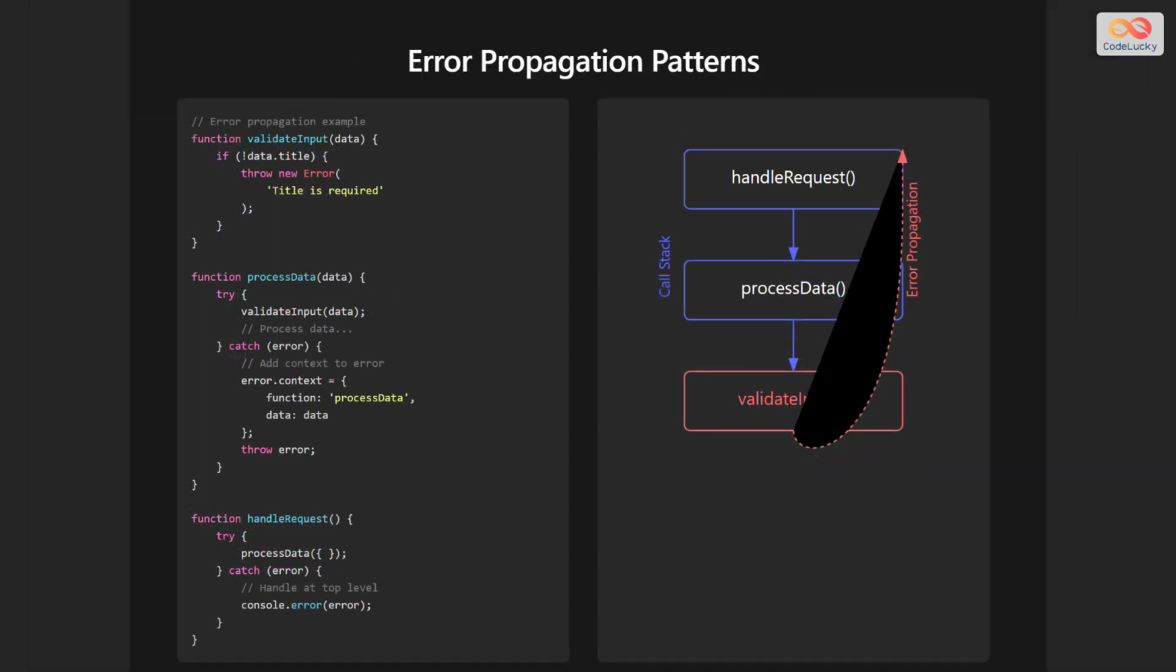Error propagation is how errors travel through your code until they are handled. When an error happens in a function, that function might throw the error, and that error is then caught in a parent function. Each function in the chain may decide to add more context to the error or just pass the error upwards. In this way, an error can travel through multiple function calls until it is handled at some level. For example, the function handleRequest calls processData, and processData, in turn, calls